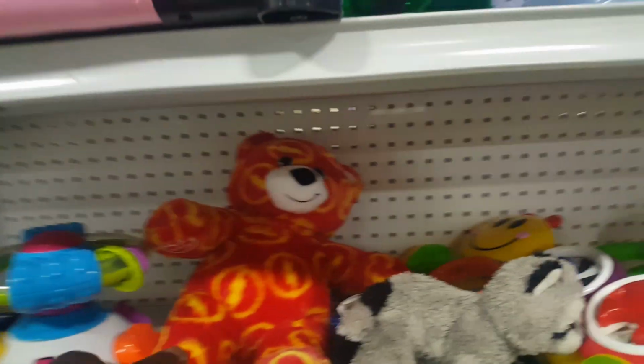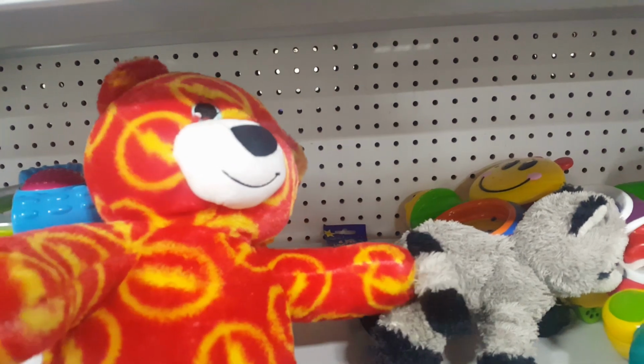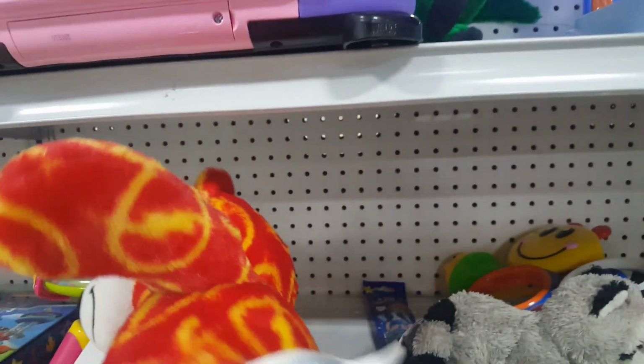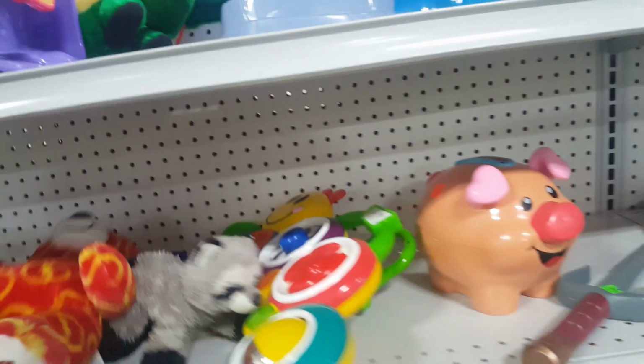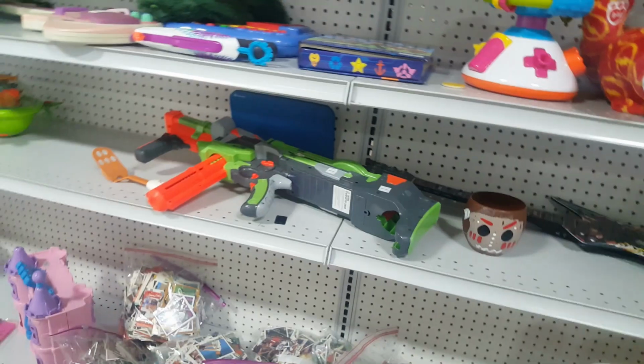I find this one. This is a Build-A-Bear Flash version. He doesn't have any clothes or anything. Comps on that one is